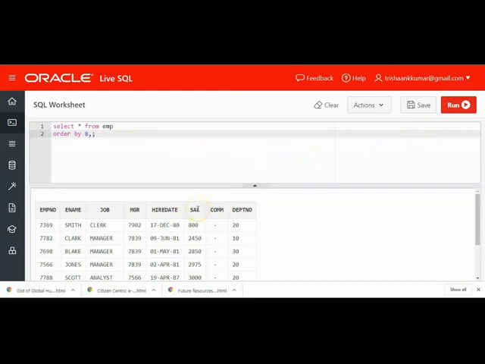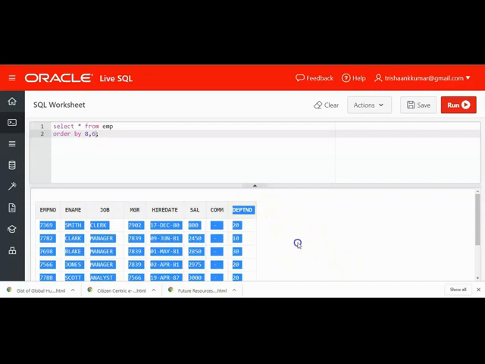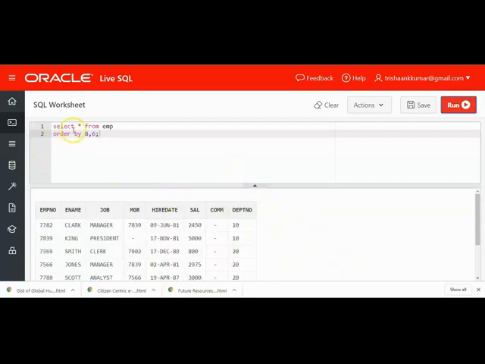Now if you want to sort the data in increasing order of department number and internally based on their salaries, how can you do that? Order by 8, 6. The 8th column is department number and the 6th column is salary. The concept is very simple. You can use relative column numbers as well. Not only names, you can use column numbers as well.